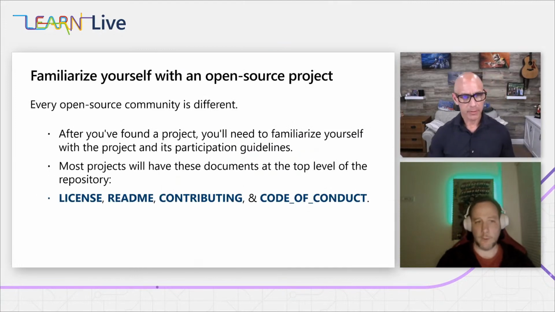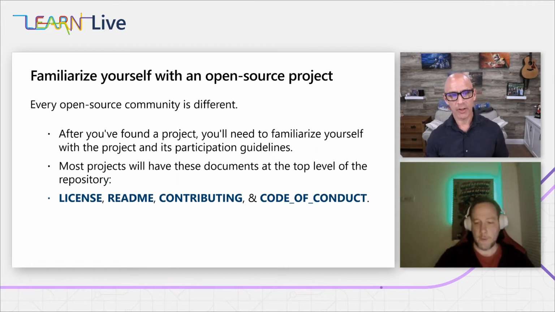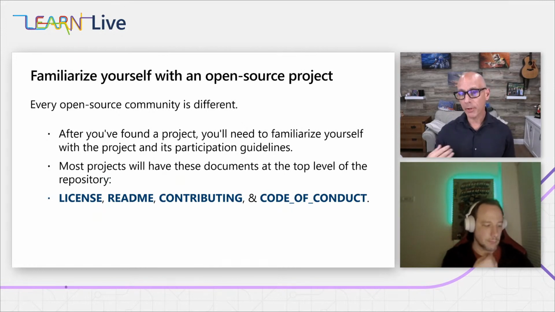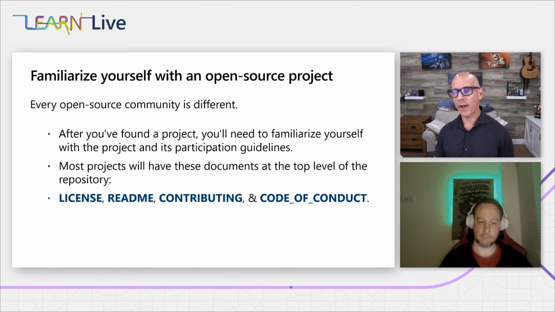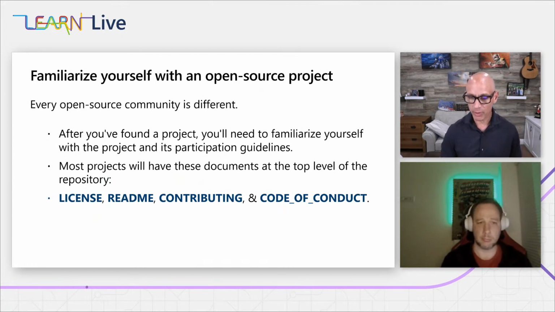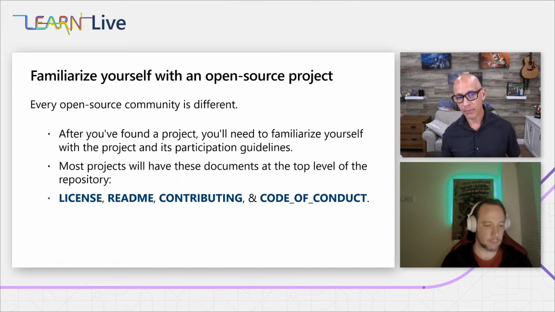Sounds good, Peter. And one of the things we mentioned is that familiarizing yourself with an open source or OSS project is important. So every community is a little bit different, but there are some basic conventions that will help everybody familiarize themselves with those projects. Look for these 4 files in your project. So when you go into a project, look for the license file first of all. The license file describes what the license is and what the rules are for basically using this open source project, whether it's an MIT license or Apache or whatever it happens to be.